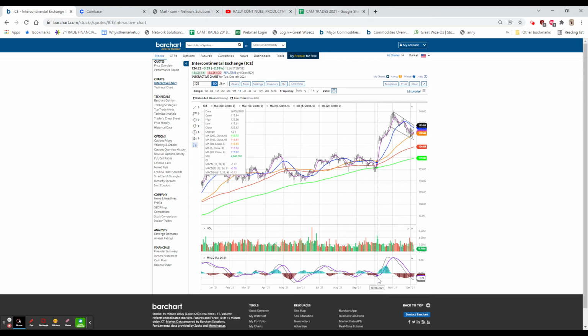And as you can see, as soon as it goes from less negative to positive, we usually get a pretty nice run. This one goes from 117 to 129 in basically 4 days. So I think that we're getting that cross. It looks like we're going to come out of the flag. And as I showed in the Discord room,